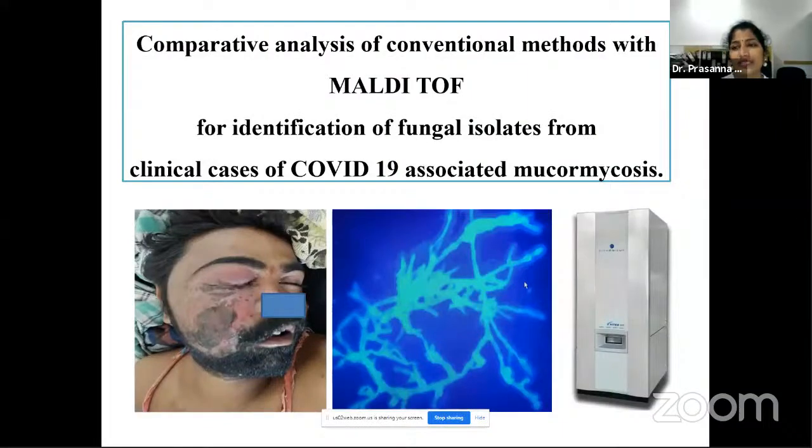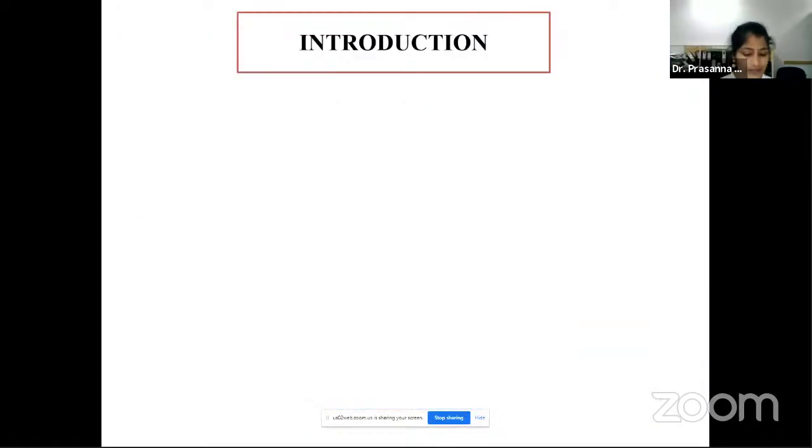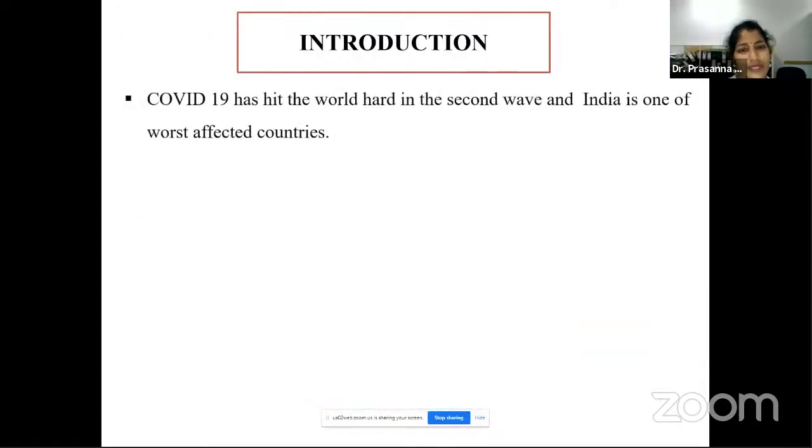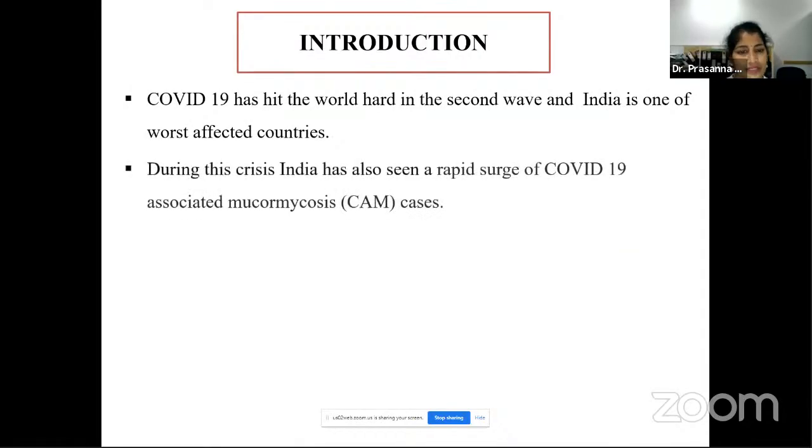Good morning. My study is about the comparative analysis of conventional methods with MALDI-TOF for identification of fungal isolates from clinical cases of COVID-19 associated mucormycosis. To introduce, COVID-19 has hit the world very hard, especially during the second wave, and India is one of the worst affected countries. Not only COVID-19 cases, there was a rapid increase in the number of mucormycosis cases associated with